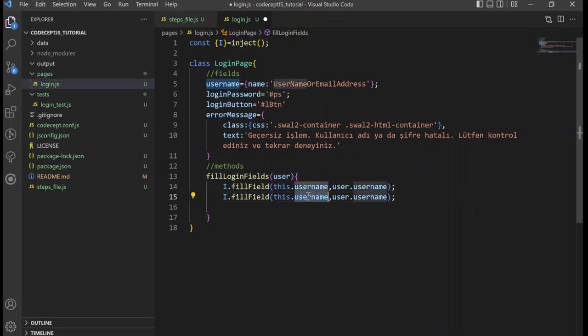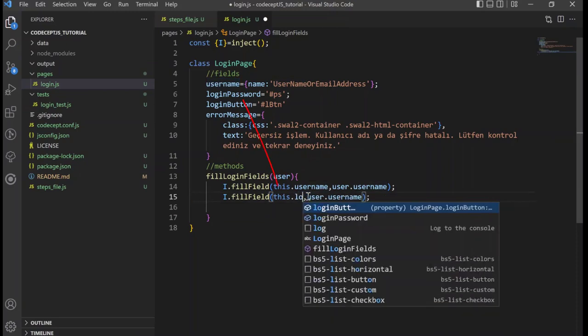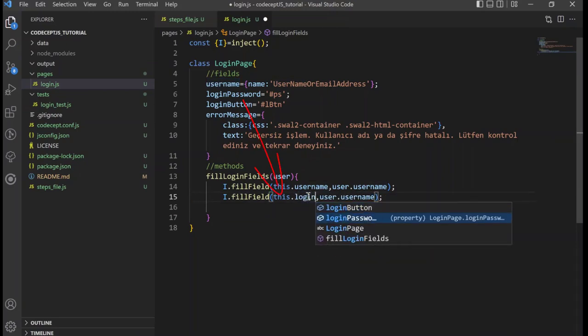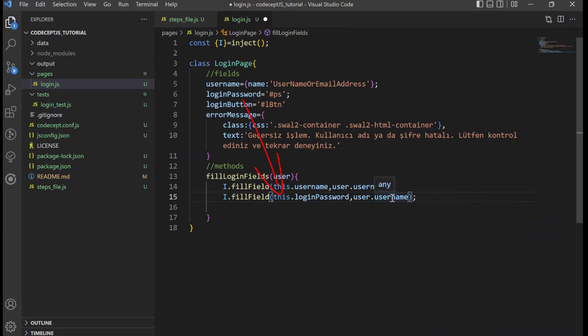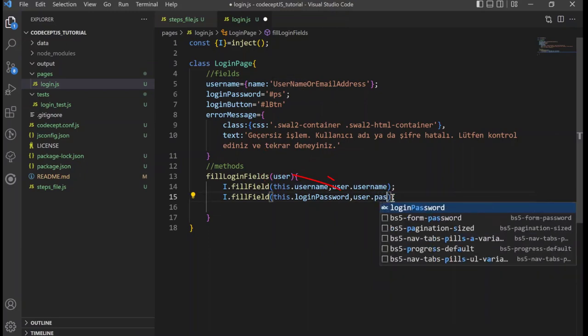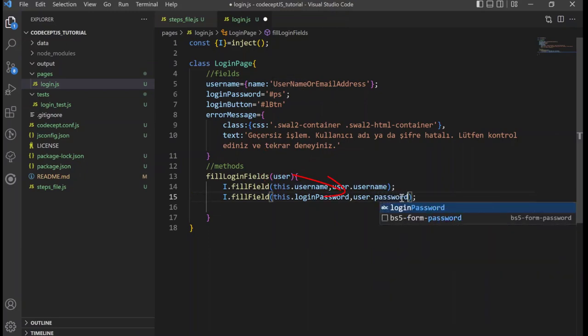So I'm gonna use this login password, and we're gonna use that object's password parameter.